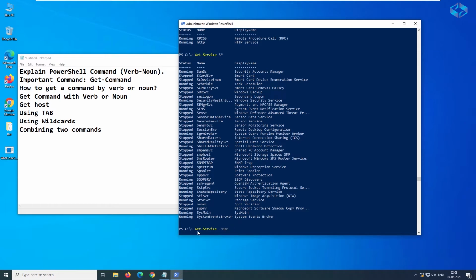So here the first thing is Get-Service with a name, and if you give it S star, it will give the same result. So in this case, we can execute the command in two ways, but it will give the same result. It's a tricky way you can also use in your script, when we learn more about scripting. It depends on your idea, so you can use any method. So this is how we can use it.